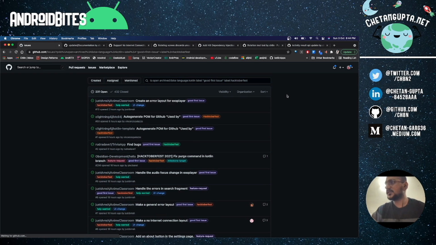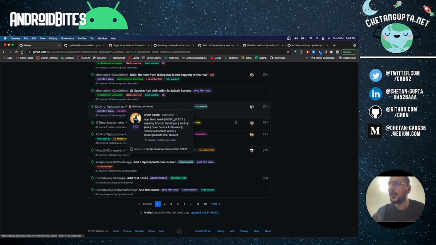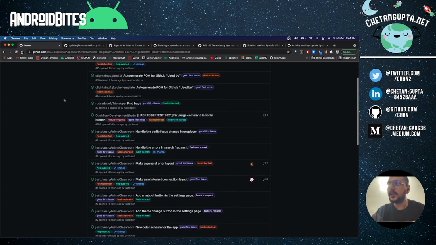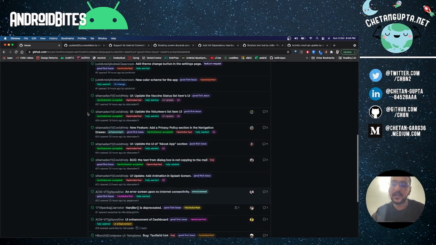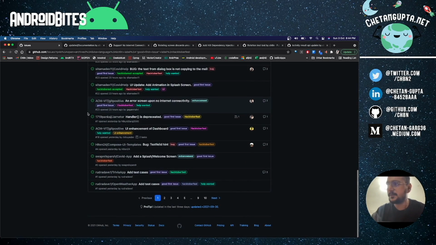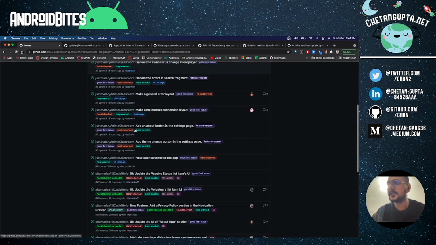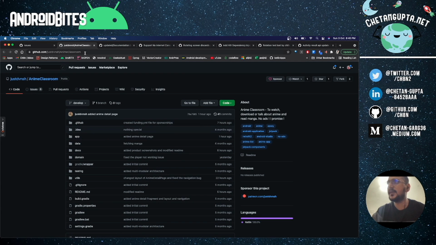If you search with this filter, all these repositories need help. For beginners to advanced people, you will get a lot of issues here. Forget about the four PR mark, you can find and make 50 plus contributions from here itself. Once you apply this filter, just go to any of the projects.